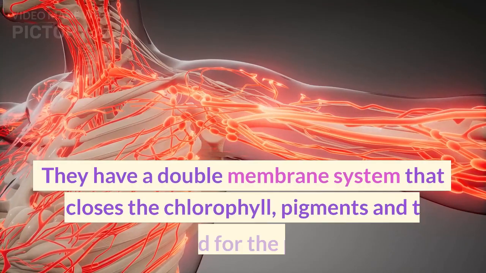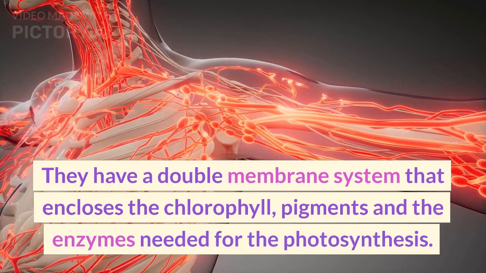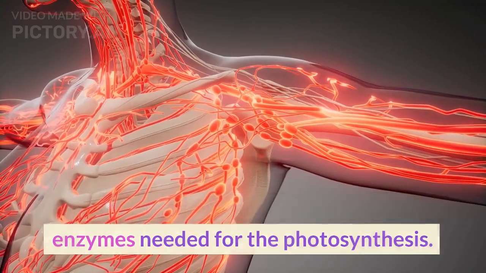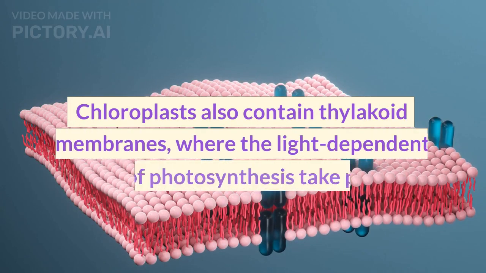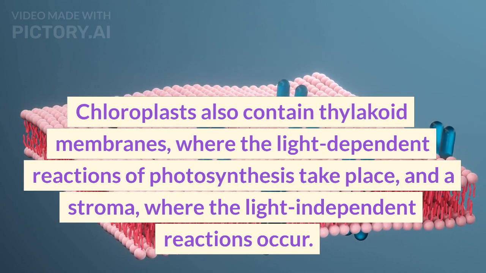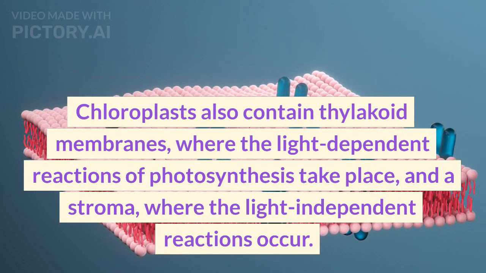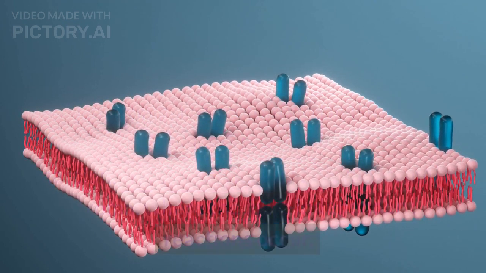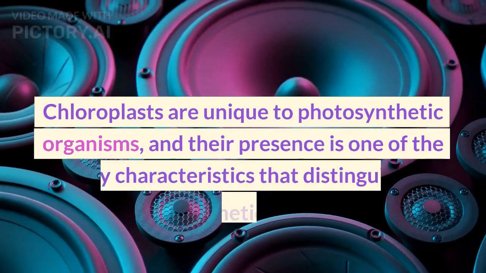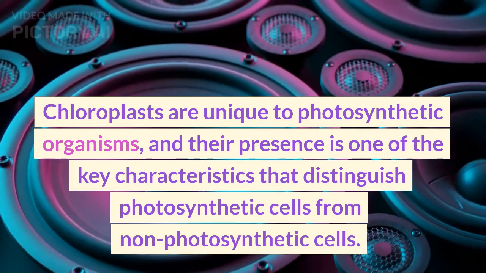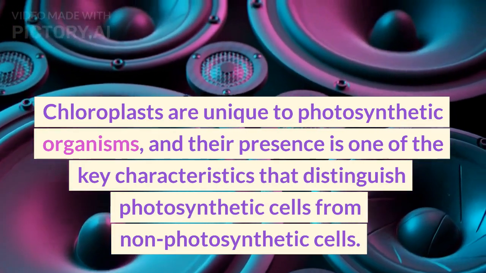Chloroplasts contain chlorophyll, a pigment that absorbs light energy, and other pigments such as carotenoids and phycobilins. They have a double membrane system that encloses the chlorophyll, pigments and the enzymes needed for photosynthesis. Chloroplasts also contain thylakoid membranes, where the light-dependent reactions of photosynthesis take place, and the stroma, where the light-independent reactions occur. Chloroplasts are unique to photosynthetic organisms, and their presence is one of the key characteristics that distinguish photosynthetic cells